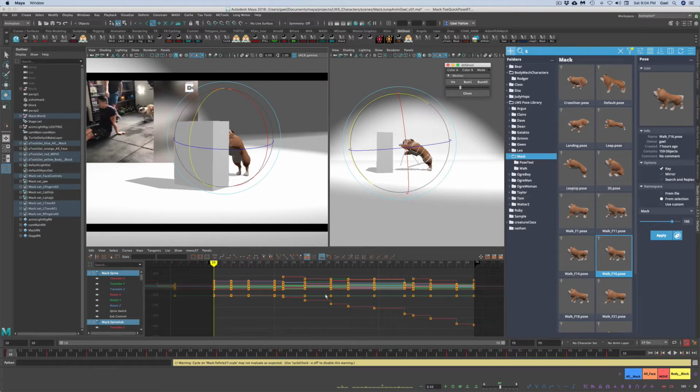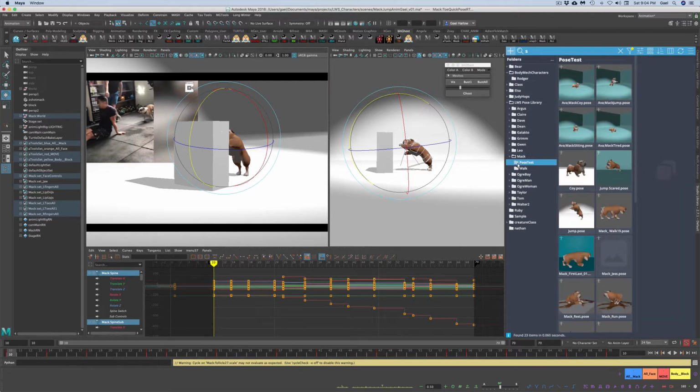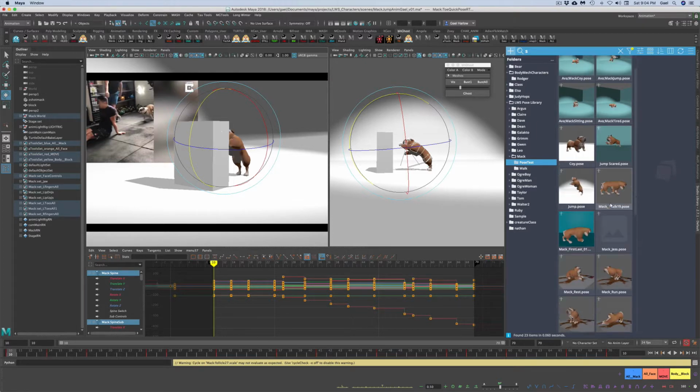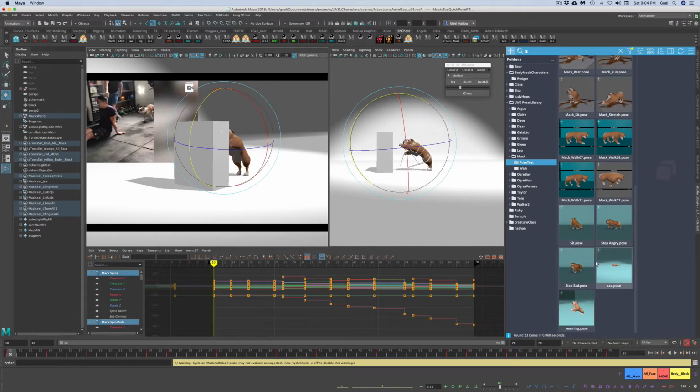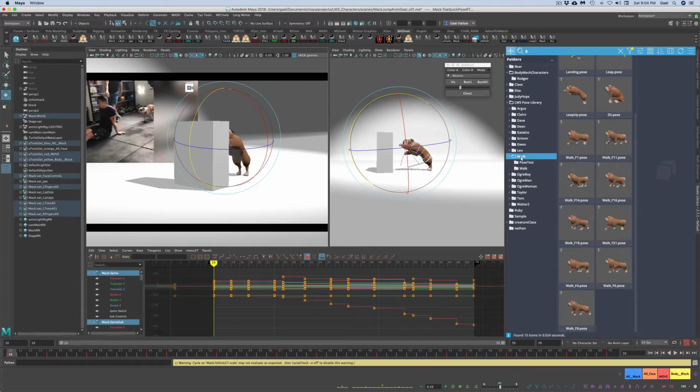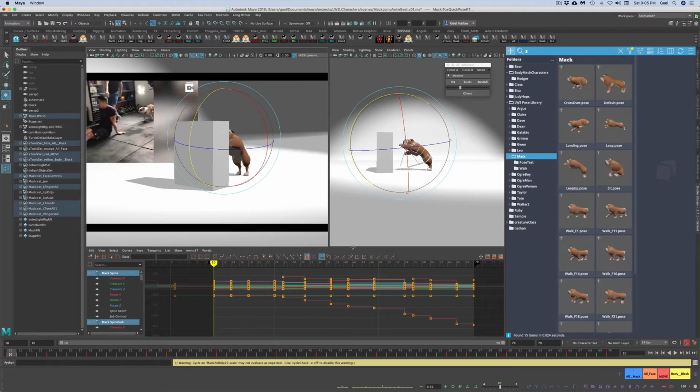And also the poses that you guys made are in this folder called Pose Test. So we have these to go to and use if it's appropriate for your shot. So I'll go back to Mack here, and I'm going to go back to frame 10. Oh, so let me show you with bhGhost,